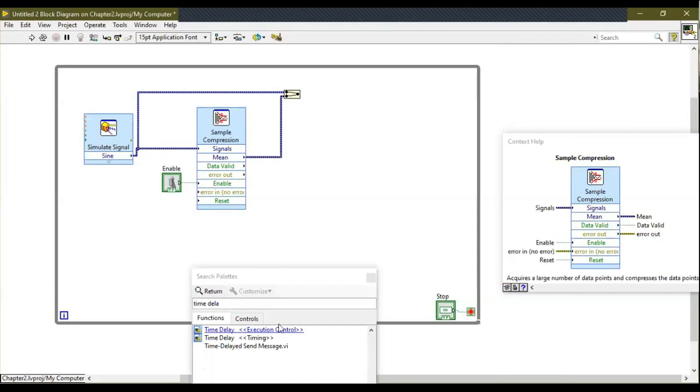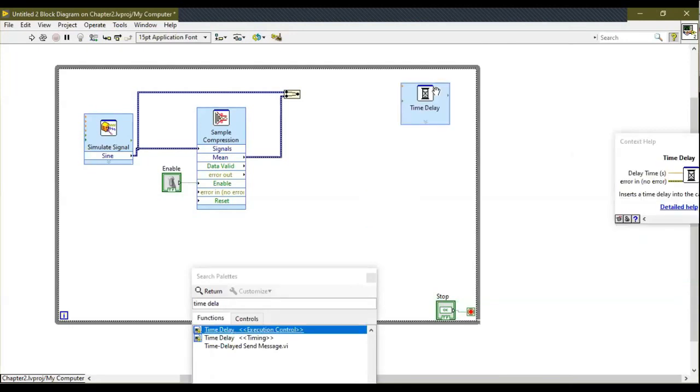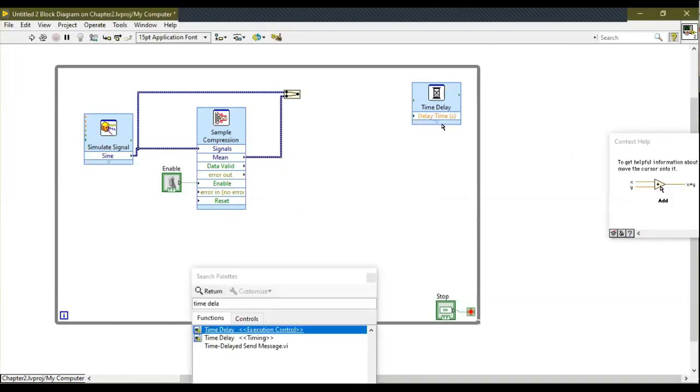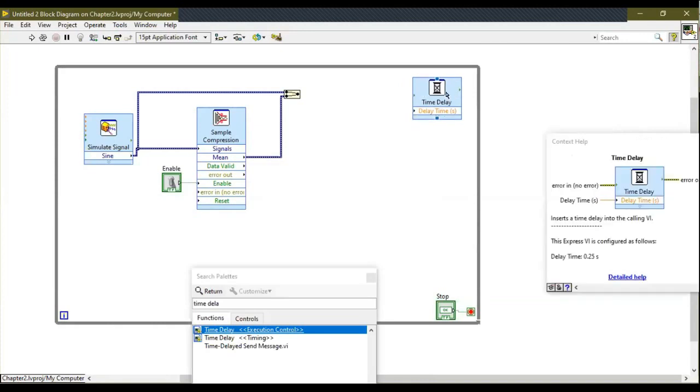Okay, you put like this, you see, time delay, and you put 0.250. So what this function will do is each cycle will be stopped for 250 milliseconds, and wait